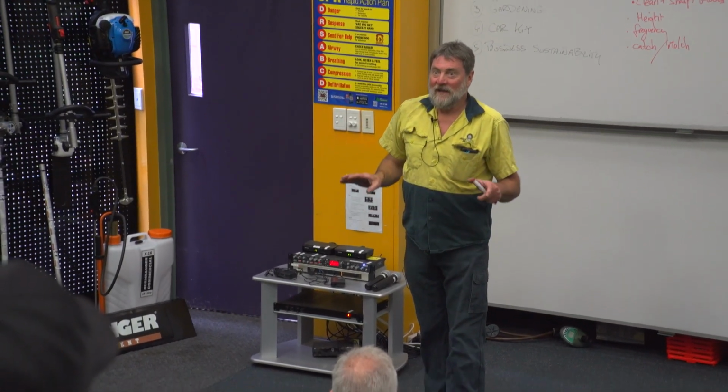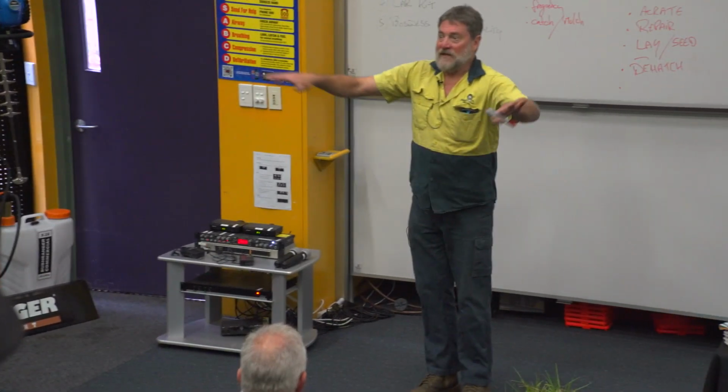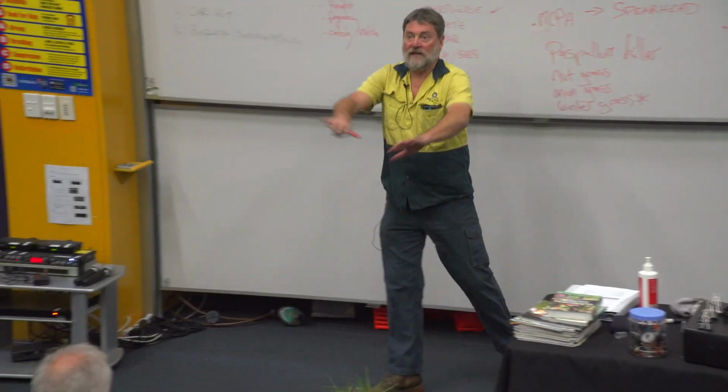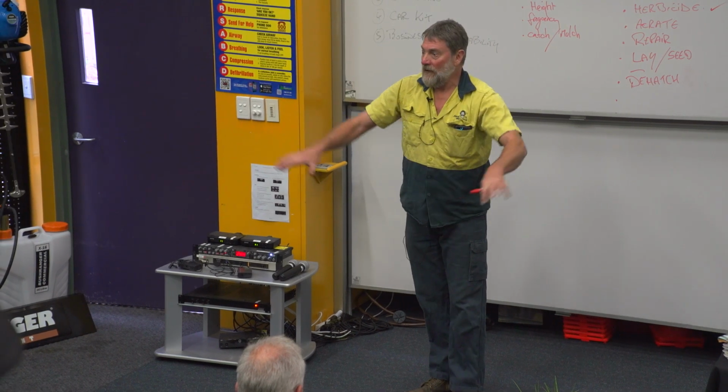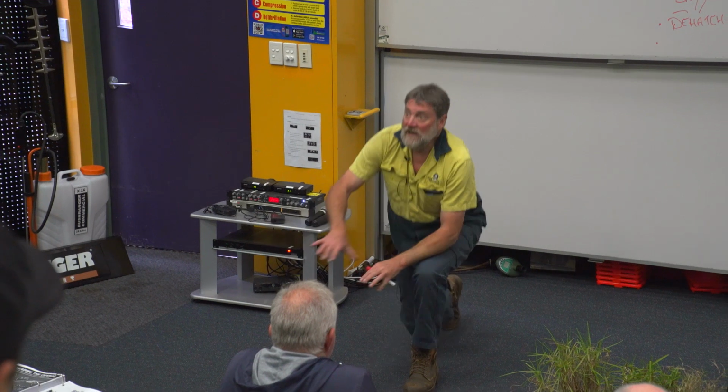Winter grass. It is a real problem, and once it takes hold, it'll keep spreading and spreading. Get seed heads, we mow it, it gets spread more. Drops the seed heads, spreads more. It's a real problem. How do you get rid of it? Dig it out. If it's a small area, don't be afraid. Get down, pull them out. If it's a bigger area,